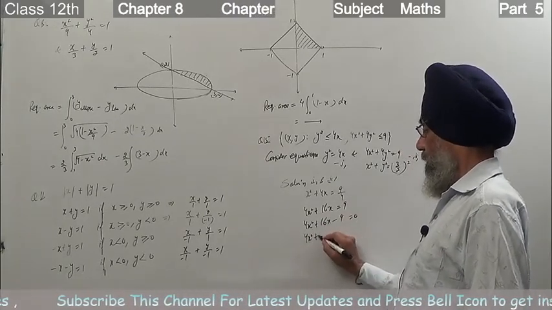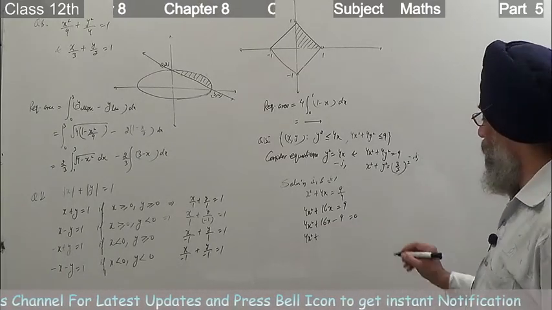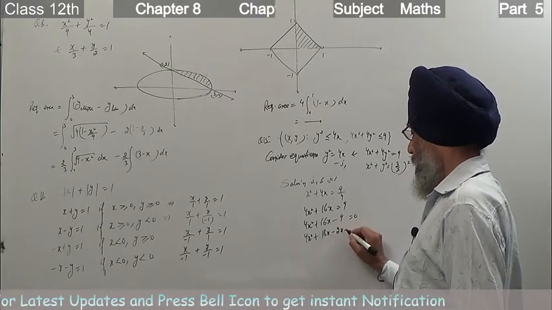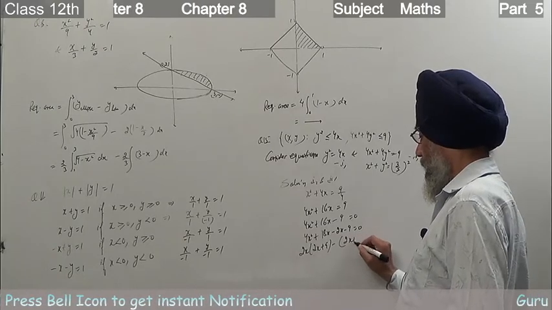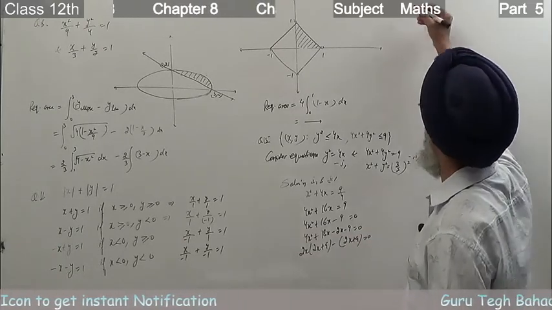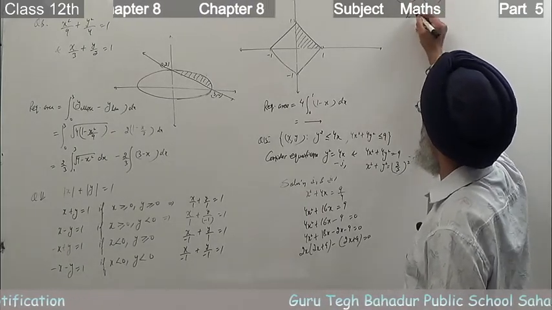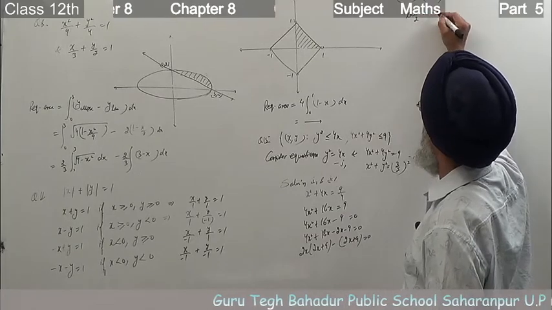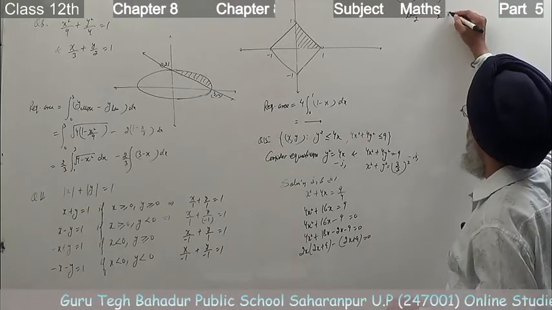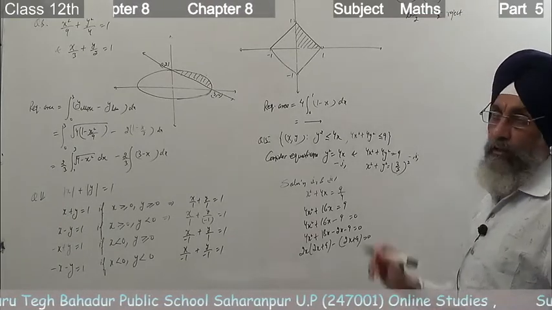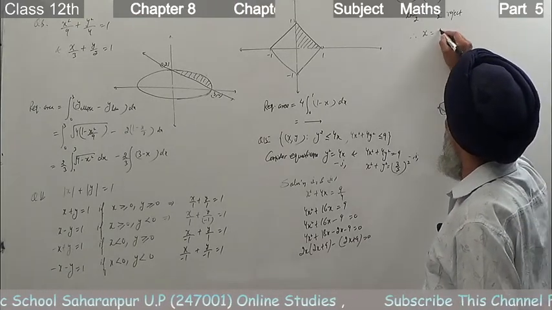On factorizing, it becomes 4x square plus 18x minus 2x minus 9, that is (2x plus 9)(2x minus 1). The value of x is either half or minus 9 upon 2. We have to reject minus 9 upon 2, because then y square becomes negative, which is not real. So therefore, x is half.